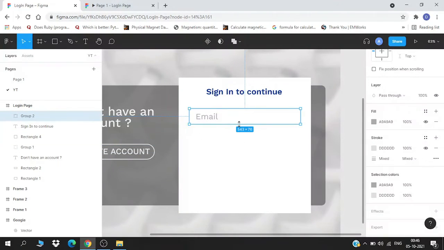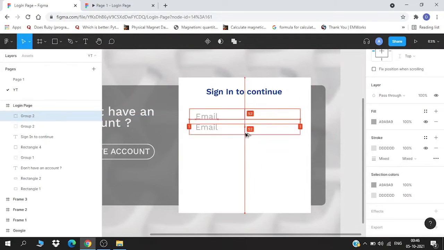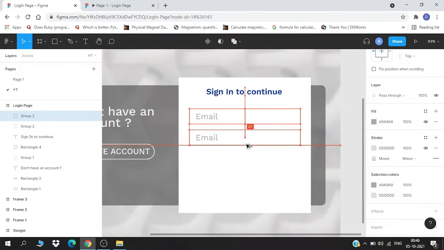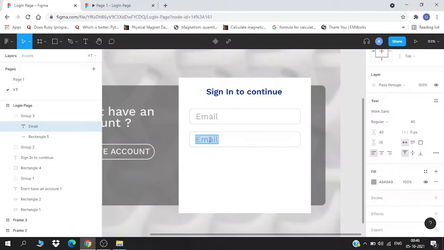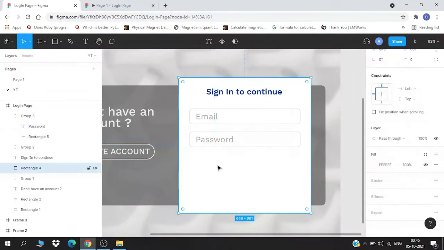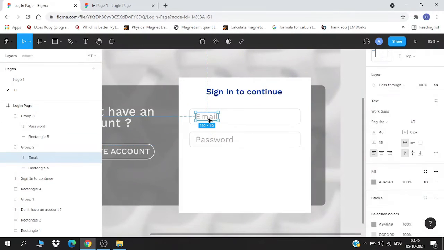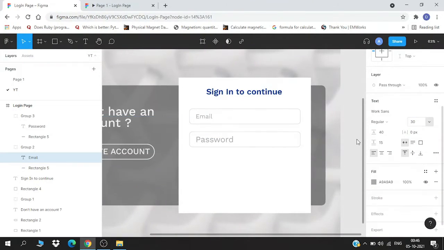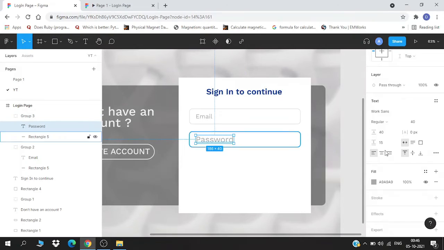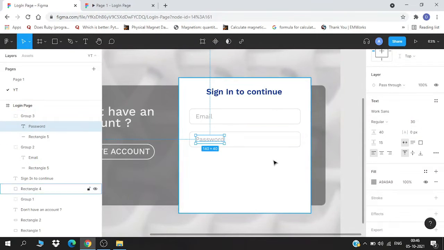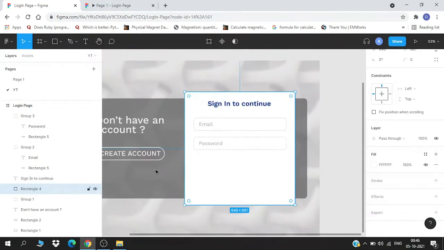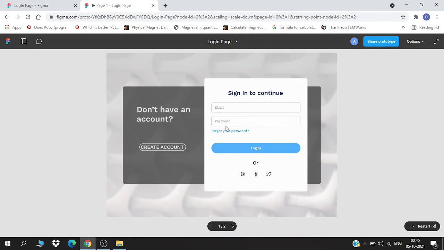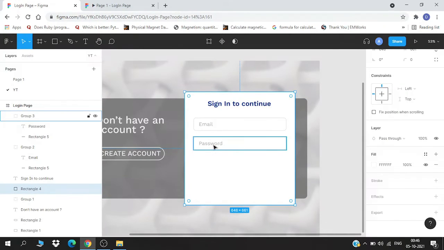So I'll select this, press the Alt key and copy it, and password. And we are more or less ready with our, oops, sorry, yeah, that looks more appropriate actually. As you can see it is taking the original shape.